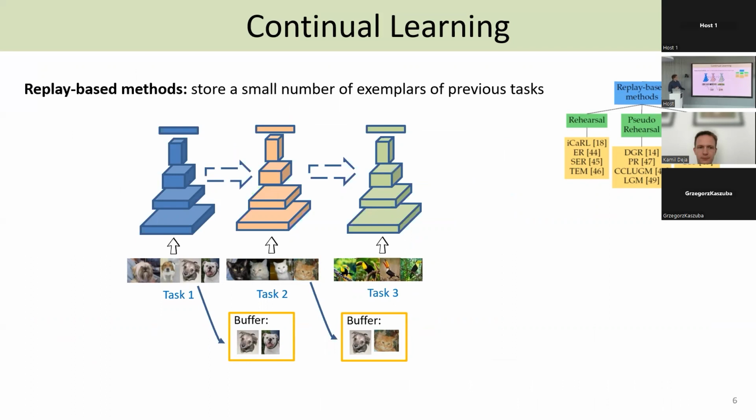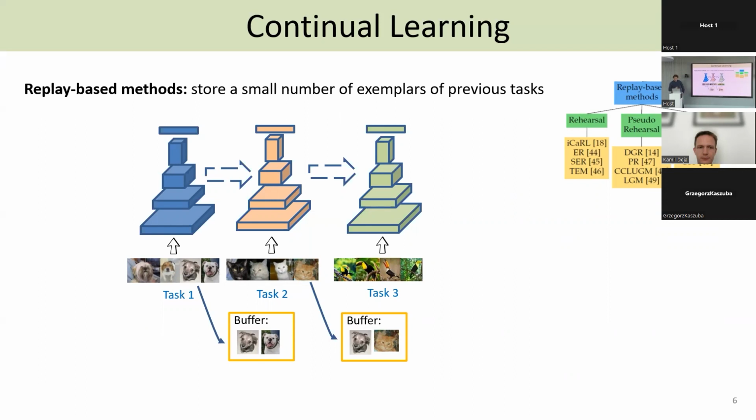Replay-based methods are really the most efficient way to address forgetting. You have a replay buffer here at the bottom with some examples from previous tasks. So in the buffer, we have some examples from task 1 when we are learning task 2. And when we are learning task 3, we have some examples from task 1 and task 2. These samples can be replayed while training the last task. This replaying will have the effect that you don't forget the previous task.